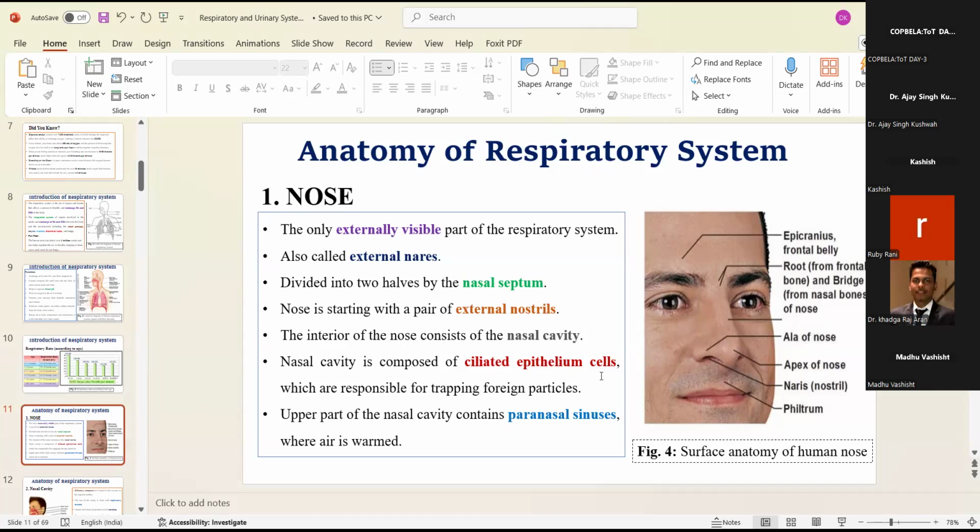So this is the nose. Nose is the most important part of the respiratory system, and this is the only part that can easily be visible from the outer side. It consists of two parts that are divided, and various types of cells like epithelium cells, which are responsible for